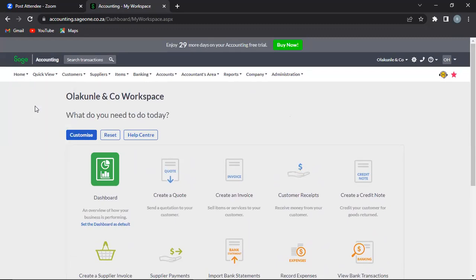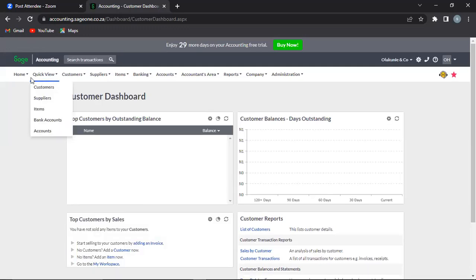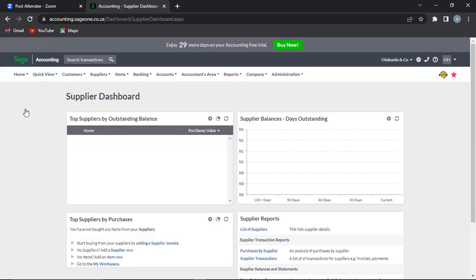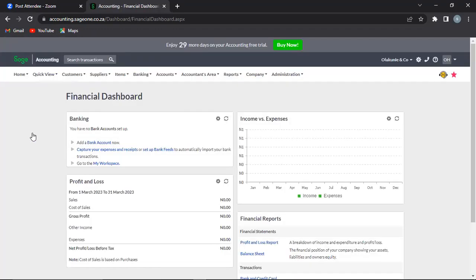So the dashboard is here. This is where you find your dashboard. This is my workspace. You can see customer dashboard, shows you everything about your customer. You can see supplier dashboard, shows you everything about your supplier. As I've said, we would continue. We would always come back to these places where we begin to raise transactions. Then financial dashboard will also show you your finances, your income versus expenses. You see your profit and loss and also. So that's what all the dashboard is meant for. Quick view, you see your customer quick view, supplier quick view,